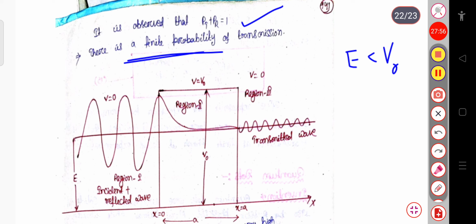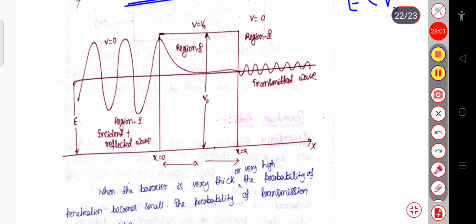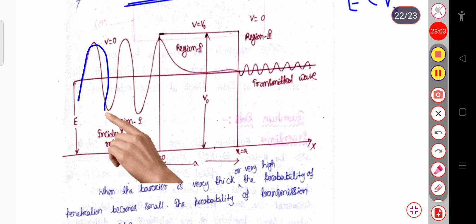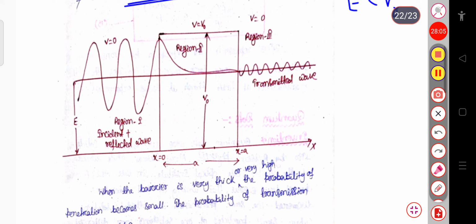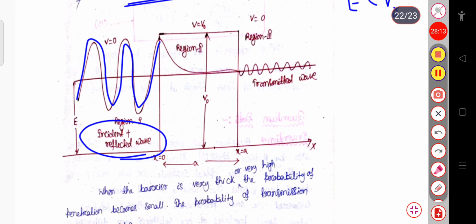it is not possible to cross that barrier. But according to the quantum concept, or the wave concept, this one is your incident wave. You can see this is your incident wave. This is your region 1. So here the incident one is possible, and we are sending the particle in this direction,